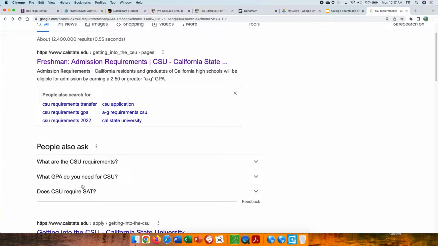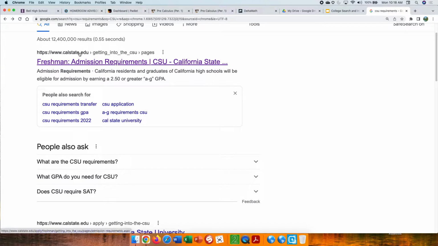And that's exactly how we're organizing these slides, right? I'm putting questions, and then it's kind of like this inquiry, where we're kind of telling them what information we're gonna give them, right? But presenting it in the form of a question. What are the CSU requirements? What GPA do you need? Does CSU require the SAT? Isn't that exactly what the information we're gonna present? Correct. Okay, but all of this is gonna be found